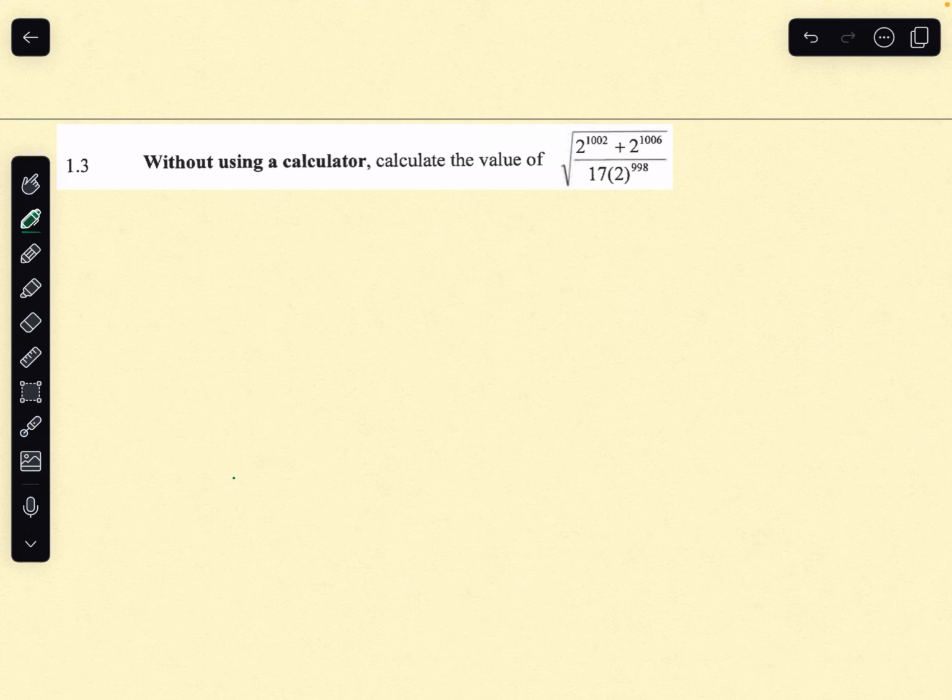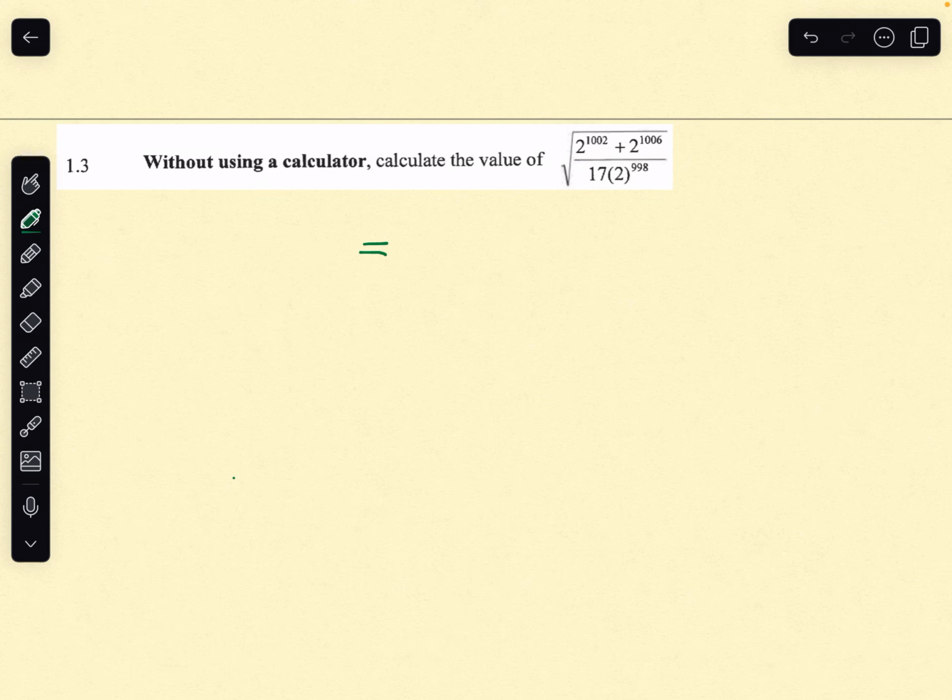So my instinct is to then find a common factor right here at the top, in the hopes that we'll be able to cancel out some stuff, right? Because right now we can't cancel. Remember, we can only cancel if we have one term at the top, one term at the bottom. So we have one term at the bottom, but not at the top. So factorizing helps us to take an expression that has multiple terms and rewrite it as one term. So what is the highest common factor here? And in fact, I'm not even actually concerned with the highest common factor, because I can see that the highest common factor,